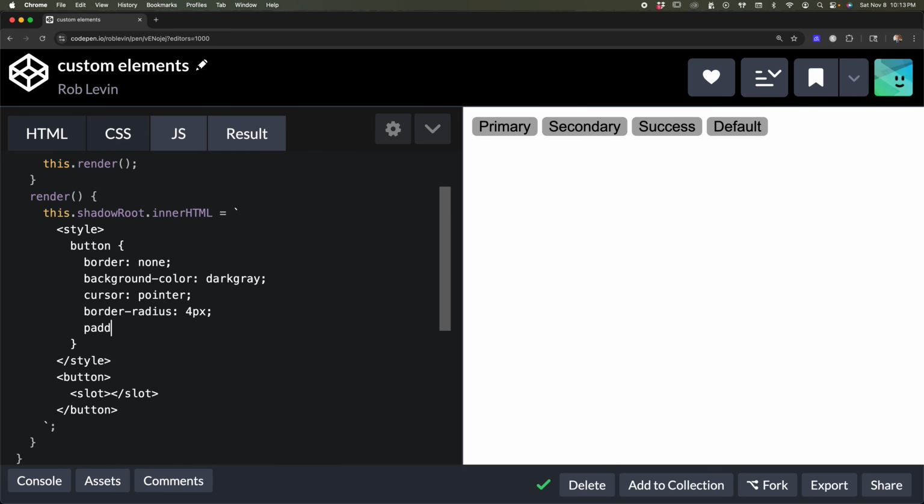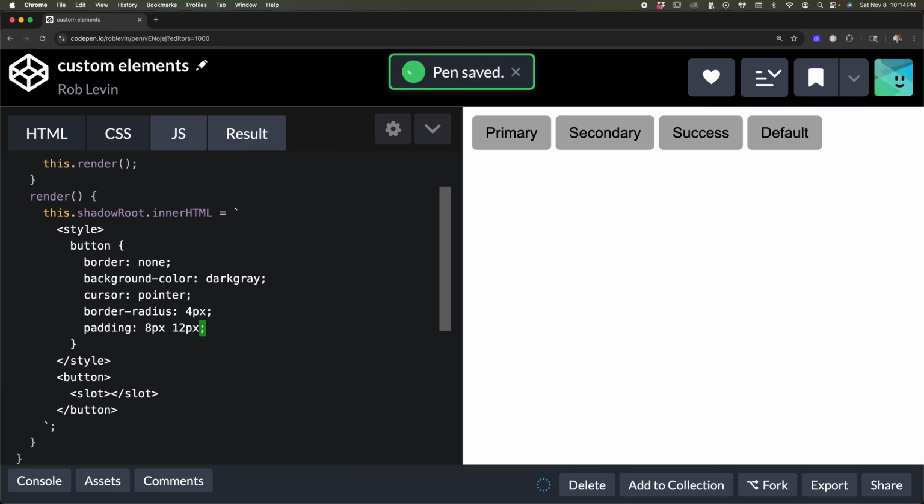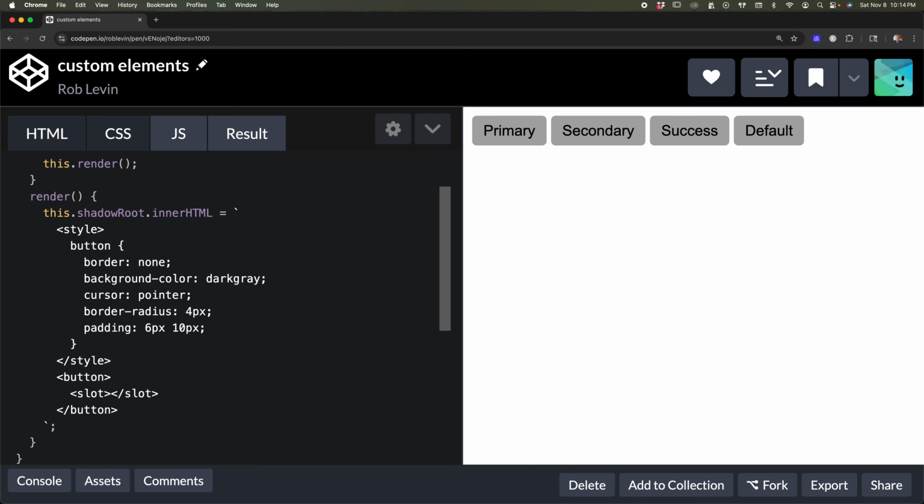Well, let's get a little bit of padding. We'll say 8 pixels by 12 pixels. This should be good. There we go. 8 pixels, let's say 6 pixels by 10. That looks a little better. Okay. Now,